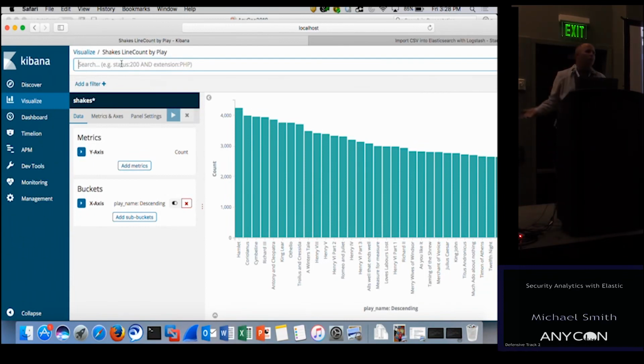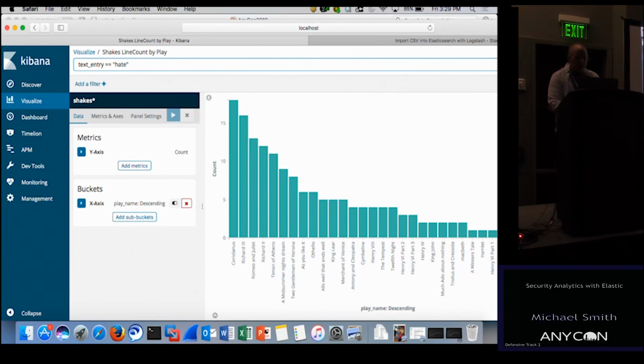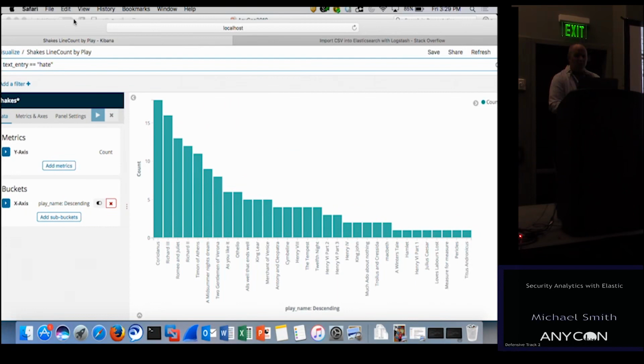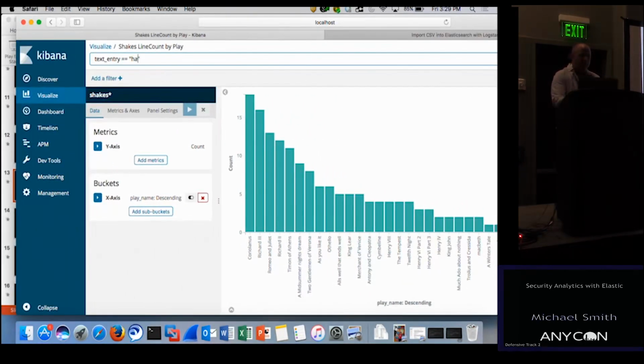lines in the entire corpus of Shakespeare that had the word love in them. Okay? Well, that's great. Now, instead of love, we'll do hate. There are much less, by the way, like 1,816, you know? Much less hate in Shakespeare. That's good. Now, because we're all trying to use this tool to be analysts,